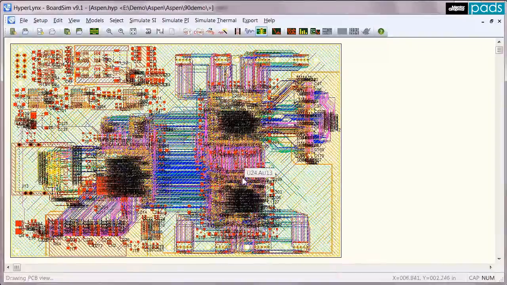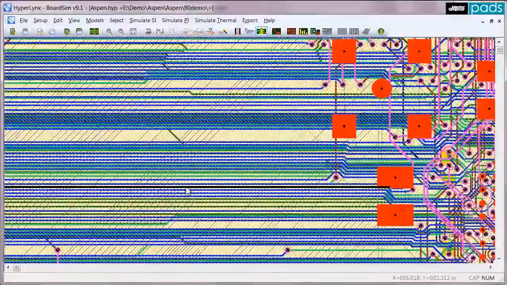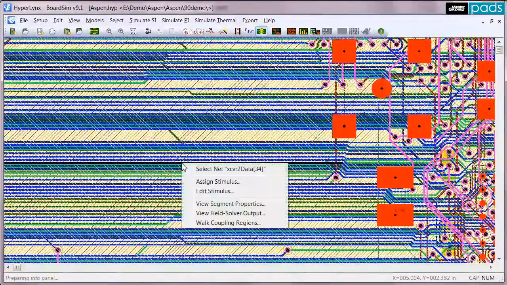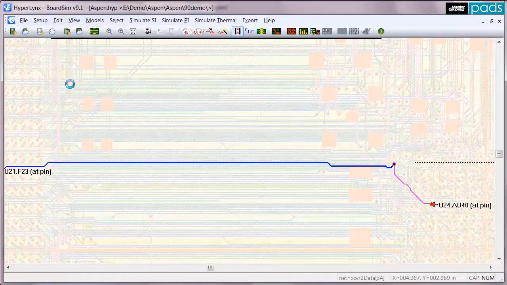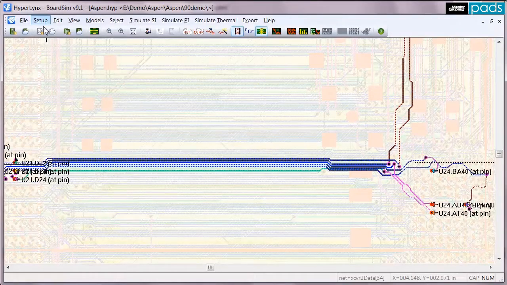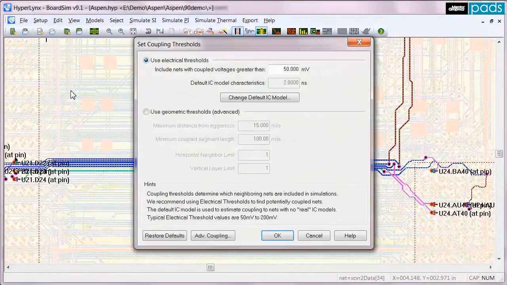You can analyze all of the nets on the board using batch analysis. You can also analyze individual nets interactively. I'll focus on a specific region of the board with densely packed traces and select an individual net for crosstalk analysis and enable crosstalk simulation. All nets coupled to the selected net also become selected and will be included in the simulation. Coupled nets are determined by the coupling thresholds, which can be set up to use expected coupling voltages or just